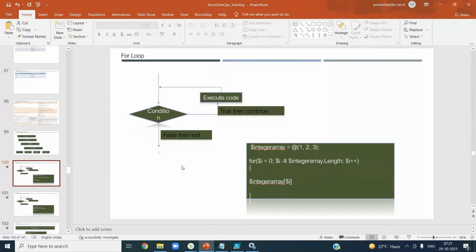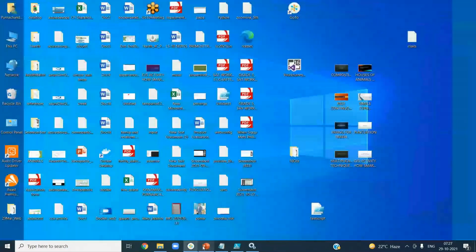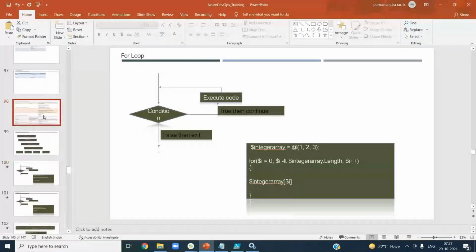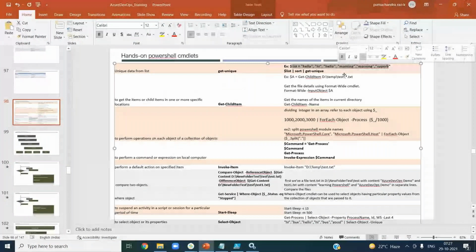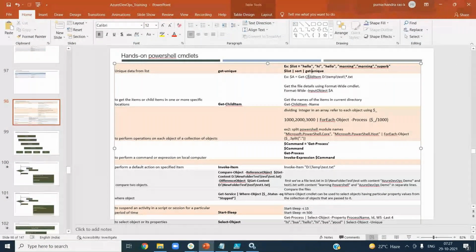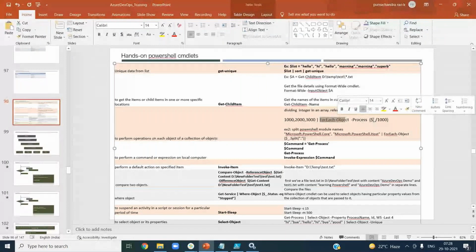That same for loop, we did in a different way, right? We have a list of values, and then we simply use sort on it. Internally it does that when you say sort. Here you can also see the for each object, which is also a for loop on a list of objects, no matter what data you have. If you want to do it on a single line, you can do it like this: for each object, use dollar underscore, and it will loop through each and every data item.